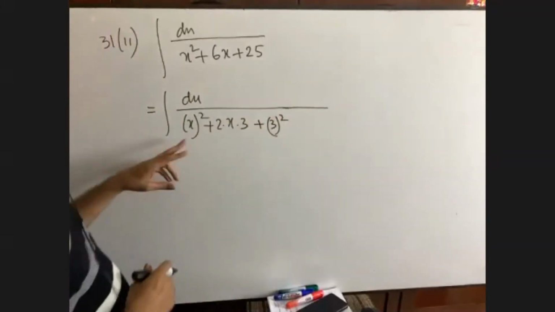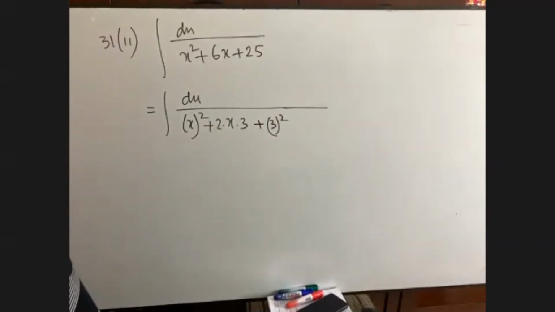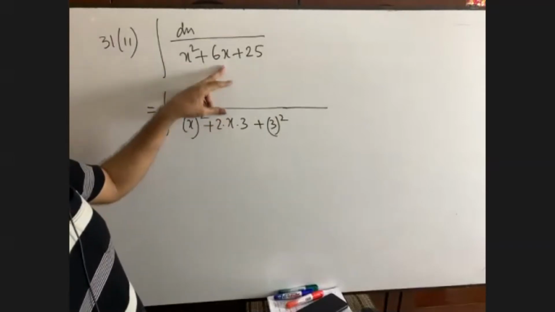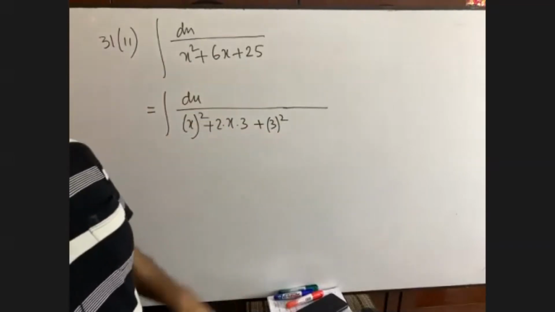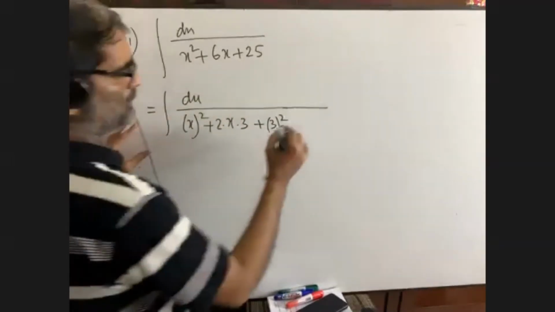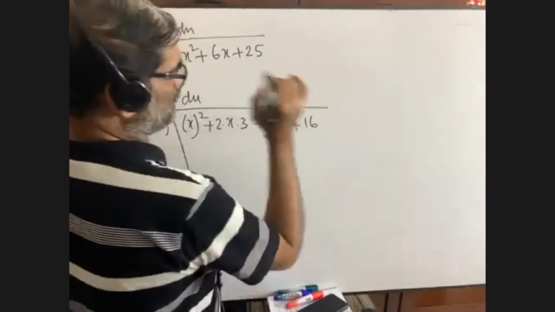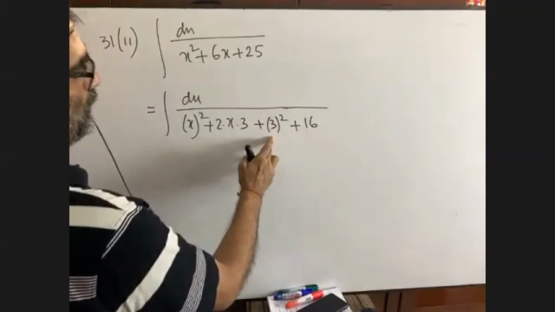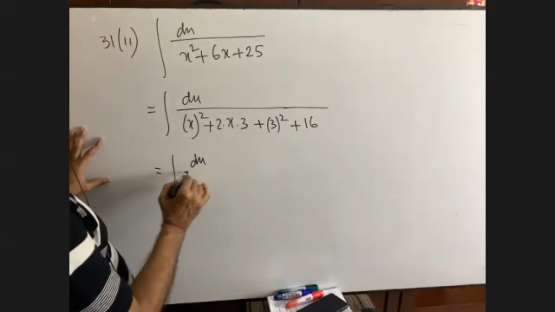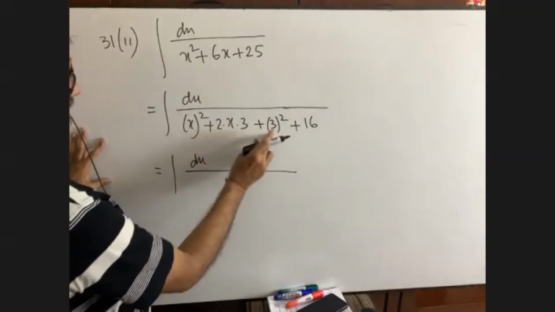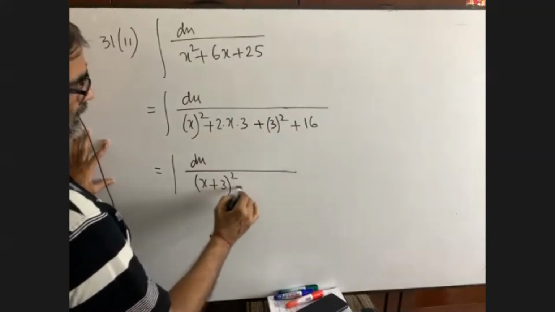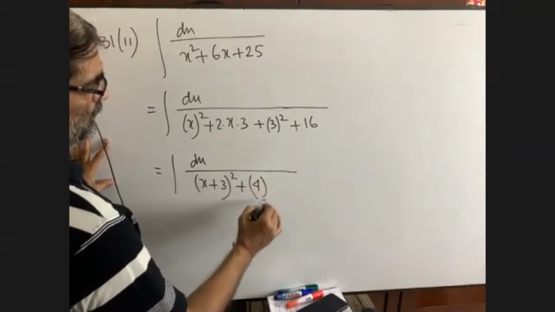Okay, a square plus 2ab plus b square. But you see, it is this, it is 6x, it is this, it is here 9 only, right? 3 square equals to what? 9. But here in this math we have 25. So what is left? We are left with plus 16. 16 and 9 will make 25. That's good. As a result, we see that first 3 terms can be put into formula of a plus b whole square. This is plus 4 square.